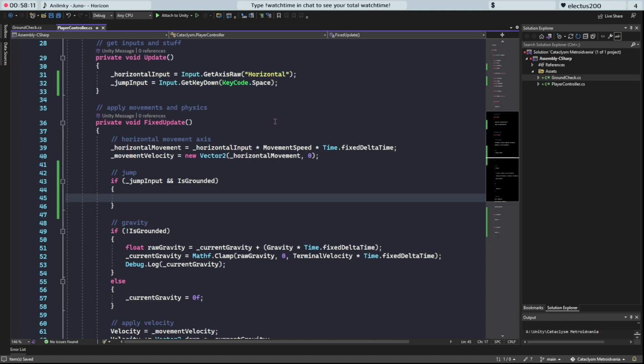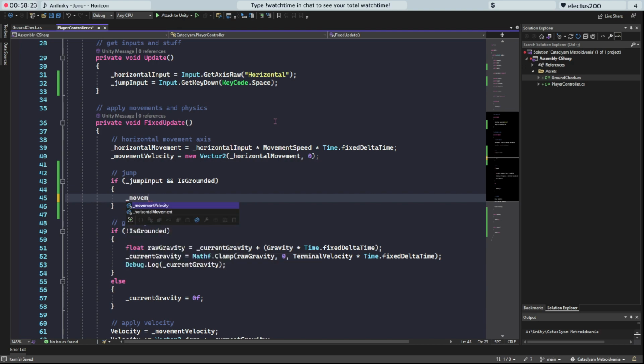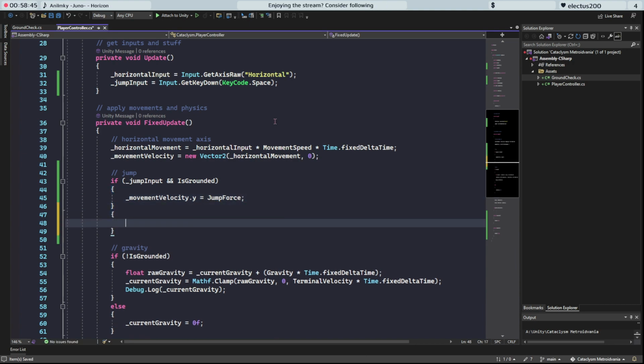So what we'll do... movement velocity dot y. This is basically our current jump force variable. This is what we're going to be using, and we're going to set this to be jump force. So in every frame after this,